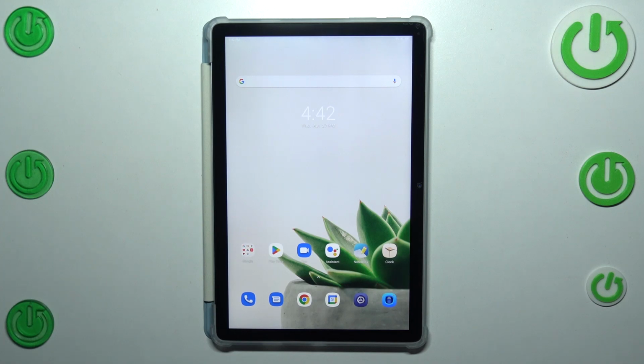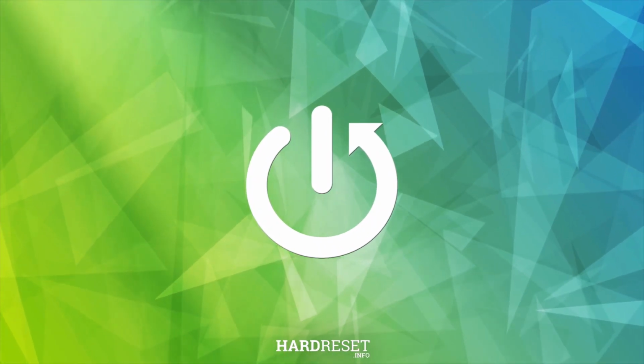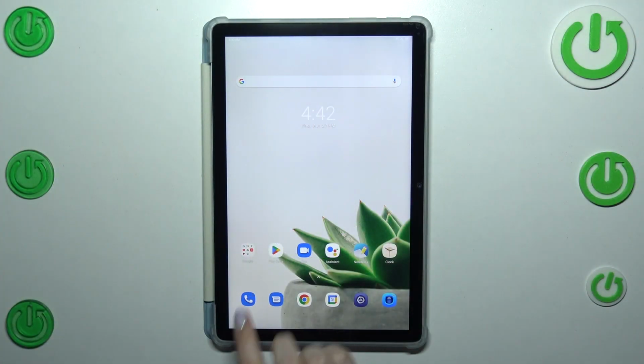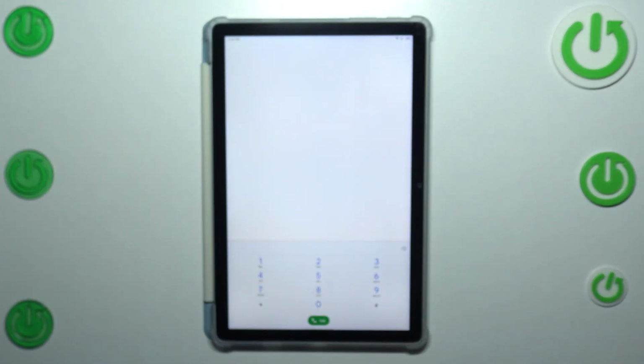Hi everyone, in front of me I've got BLACKVIEW Tab 12 and let me share with you how to use secret codes on this device. So first of all we have to open the dialer or the keypad as it is the place where we can enter all of those codes, and let me start with the shortest one and probably the most known, which is